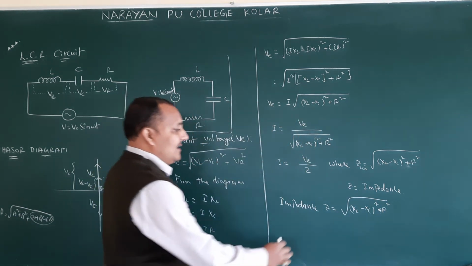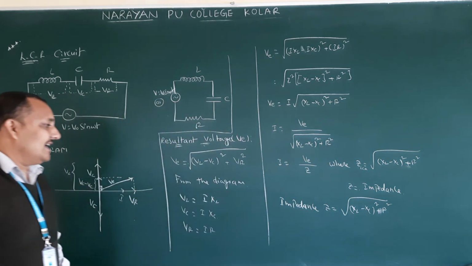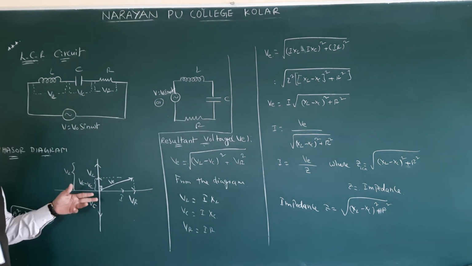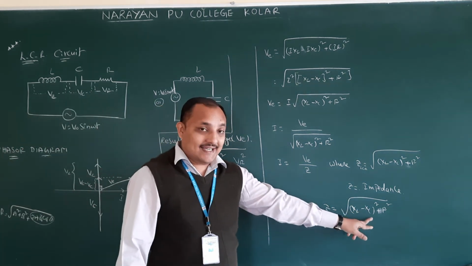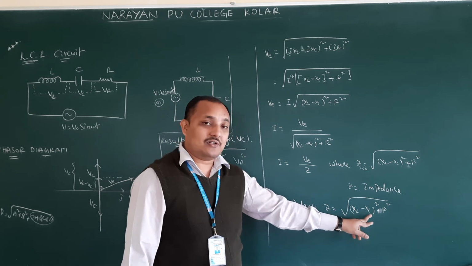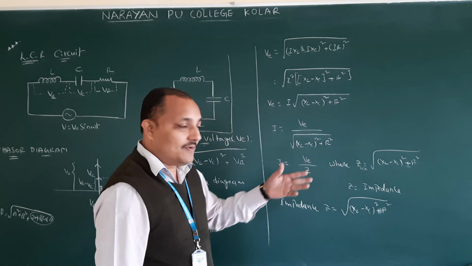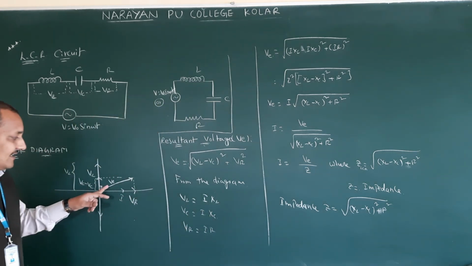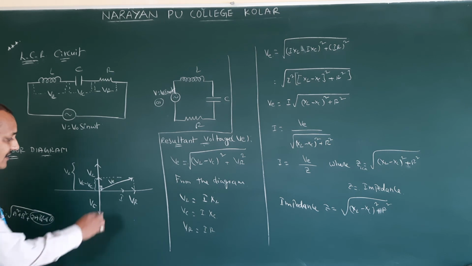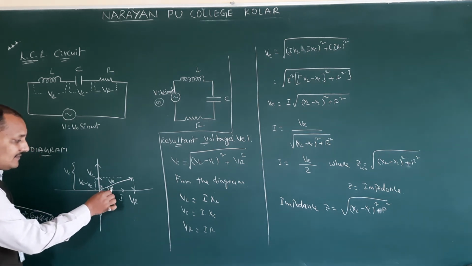Now see the phasor diagram once. In the phasor diagram, here we got VL minus VC. If you had taken VC minus VL, in this you will get XC minus XL. Either XL minus XC whole square or XC minus XL whole square, both will be the same. But the resultant direction you will get like this. That one also I will draw once. Now this angle we will call the resultant angle.